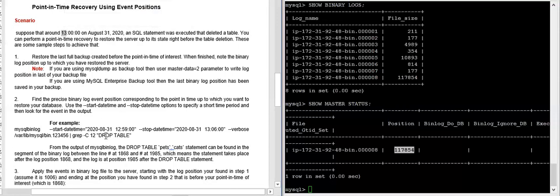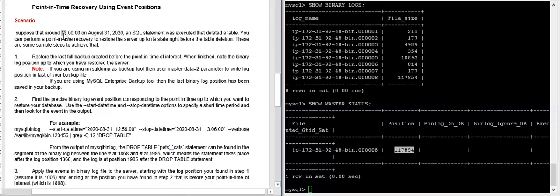Now you will have to find that drop command in your binary log. So when it was dropped, you take the date time on your server, and before that you can put some roughly earlier date time.